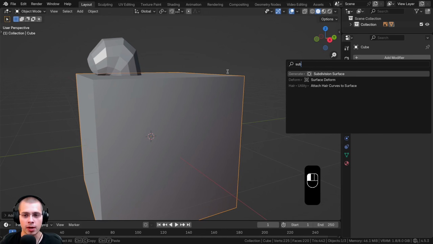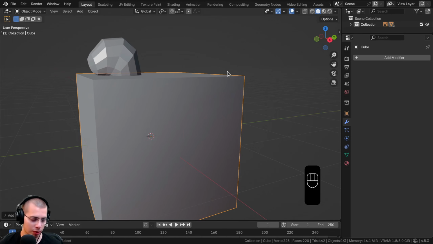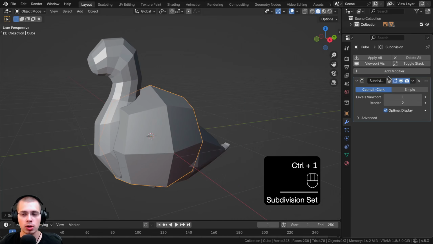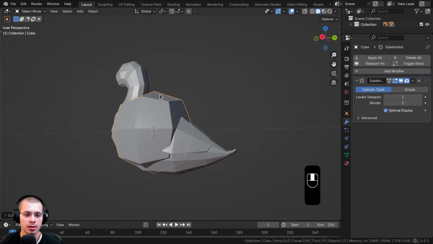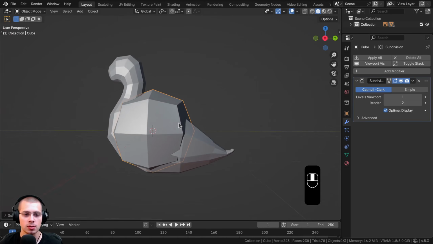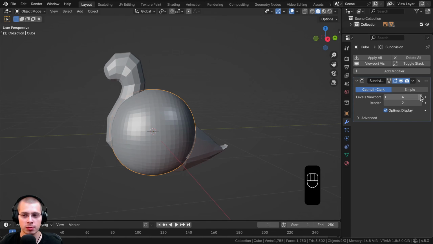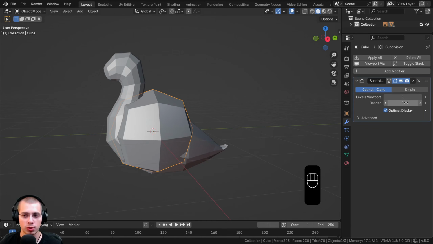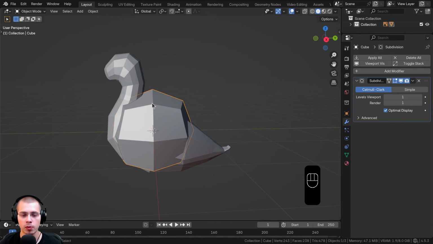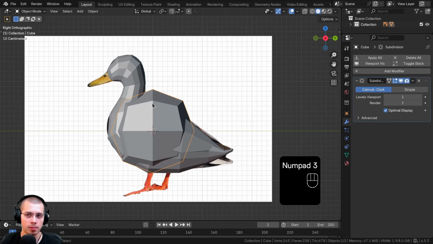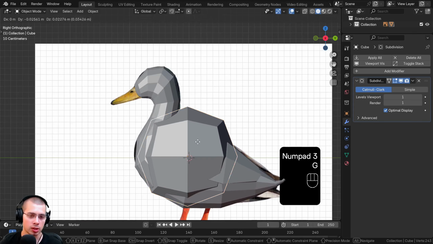Now the shortcut key for adding the subdivision surface is by pressing the Control and then the 1 on the top of your keyboard. So Control 1, or you can search for it here. And so now you can see we've added a subdivision surface, so it is nice and round. And of course you can turn up the levels here if you want to be more and more round, but since we're going for a low poly style, the viewport levels and render levels, we're going to keep those both at 1. So let's hit 3 on the numpad to go to side view,